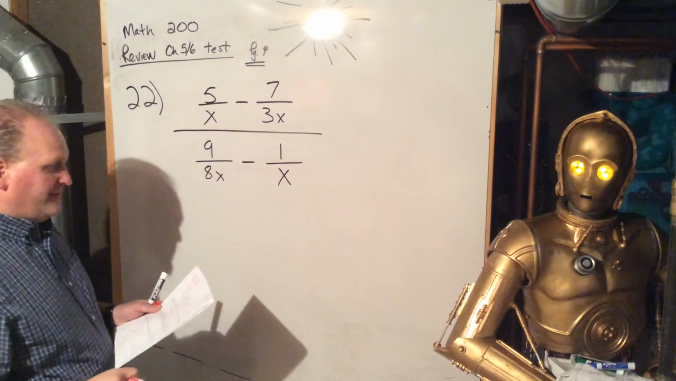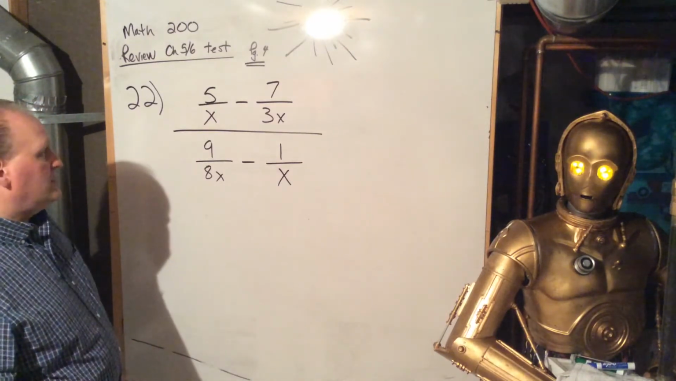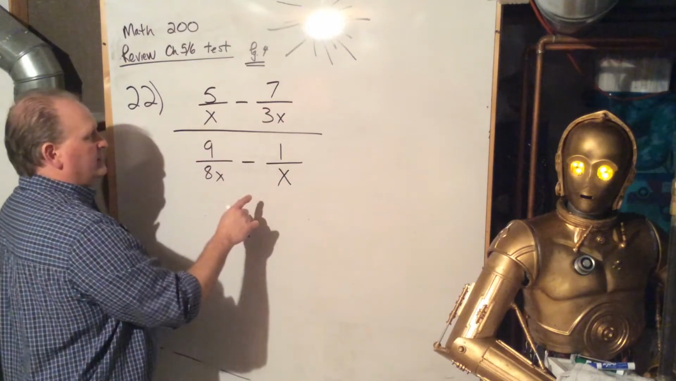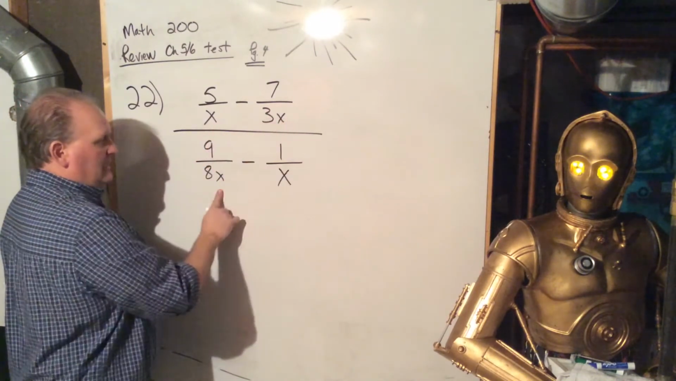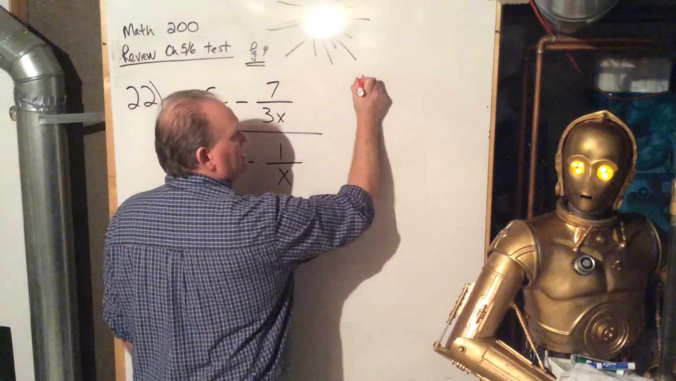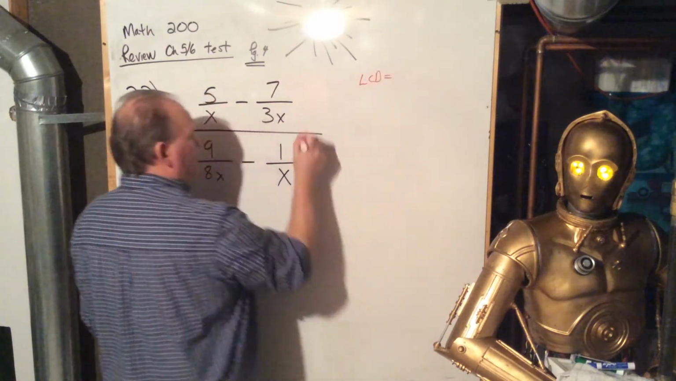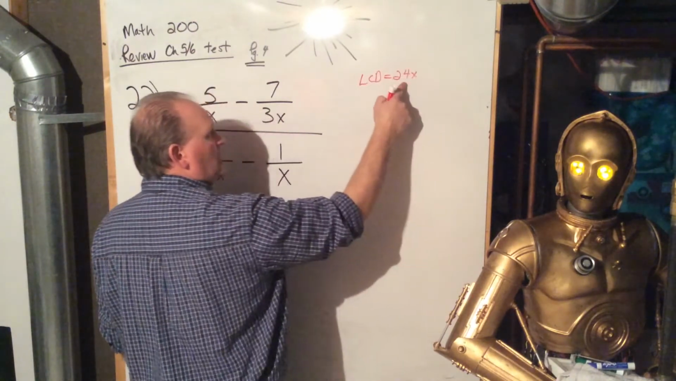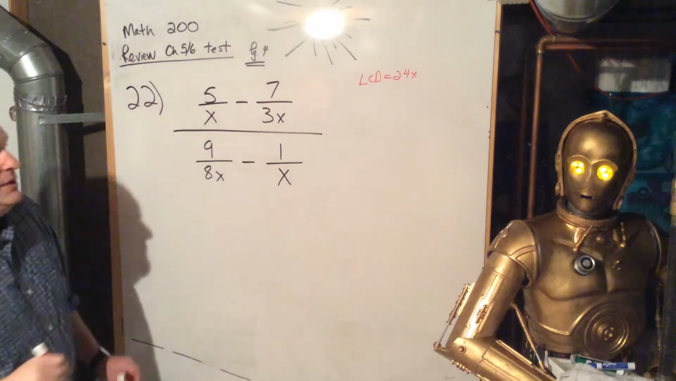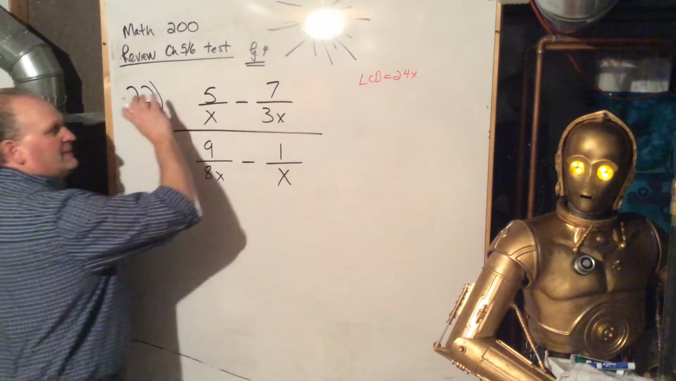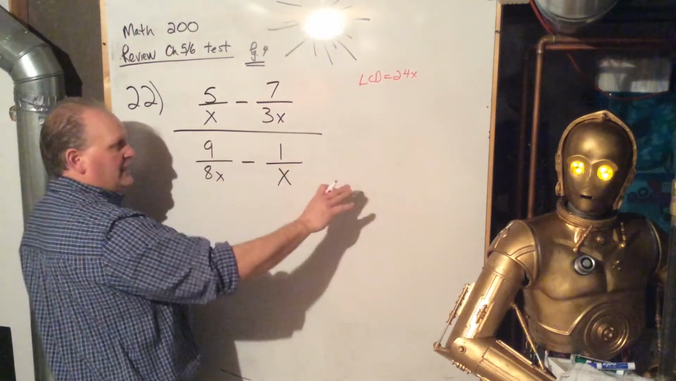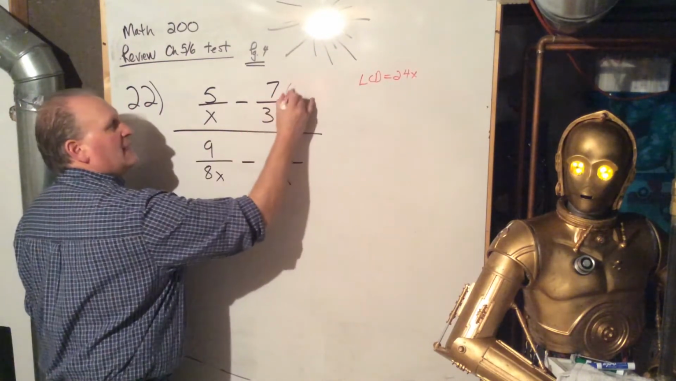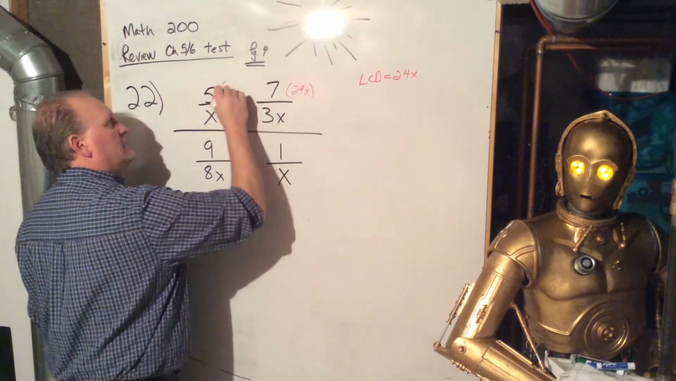this compound fraction. And so to do this, we're going to want to find the common denominator between x and 3x and 8x and x. So the LCD, the lowest common denominator of those four things, is 24x. That is the smallest number that all of them go into. What we're then going to do is multiply the numerator and the denominator by that LCD, by 24x. So we're going to multiply 24x here, here,